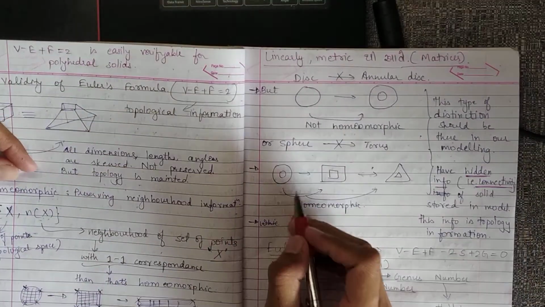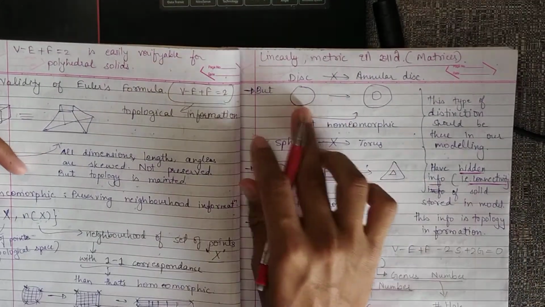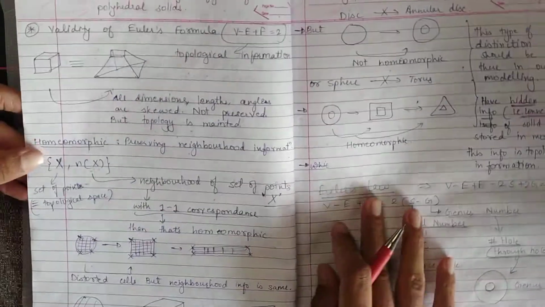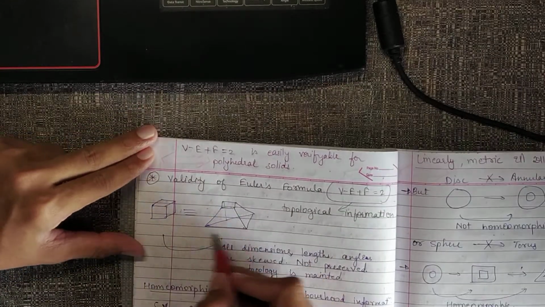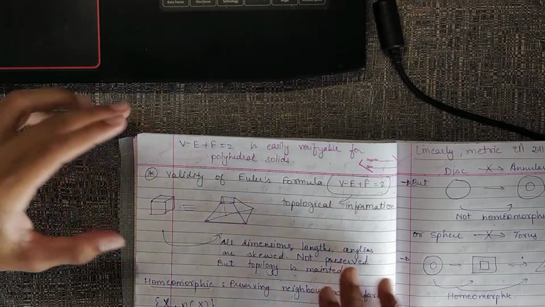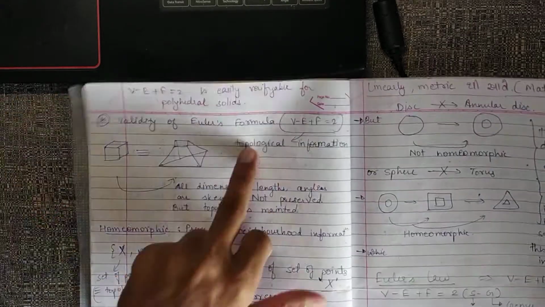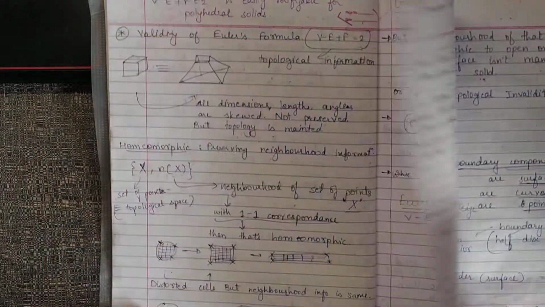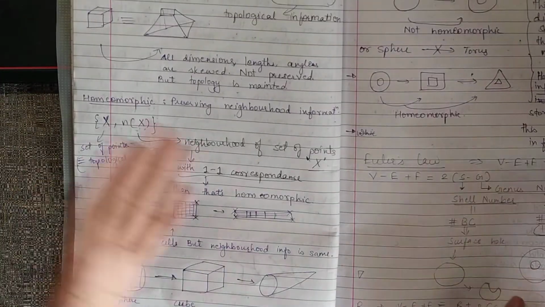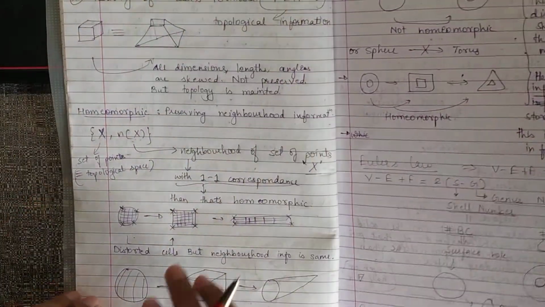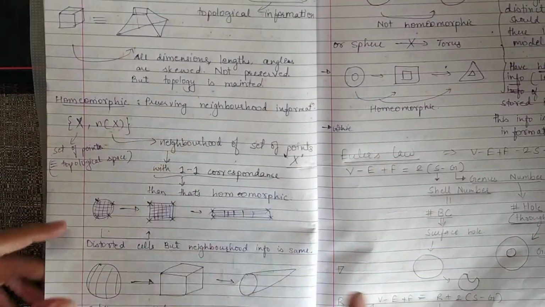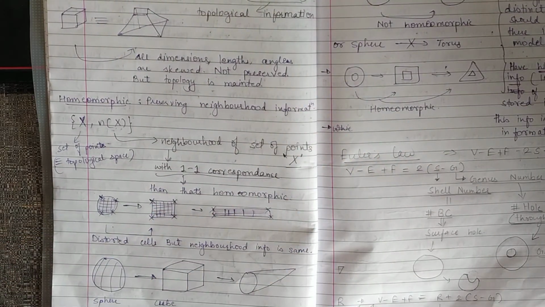These are examples. These are all homeomorphic transformations. This is not a homeomorphic transformation. This is a homeomorphic transformation. We have changed all the angles, all the lengths, size, shape, everything, but this is a homeomorphic or topological transformation. That's simple. We can stretch in any direction, any way. Both are the same thing. And then we will see next time how we are going to use this information to get a more proper mathematical representation of a solid.